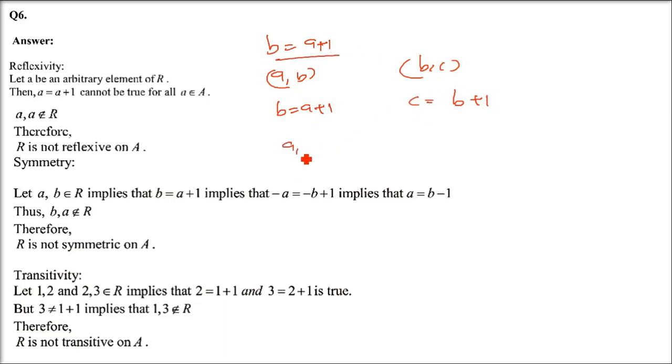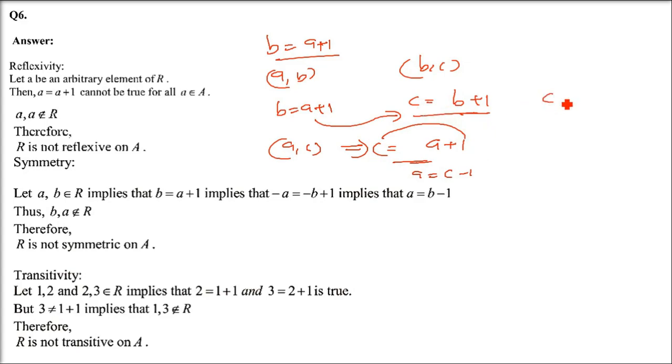Now see here. Now (a, c) means we need an expression which is c equals a plus 1 from these two. From the first two, I need c equals a plus 1. Is it possible? Can we do it? We can try it. c is b plus 1. Now let us find b. So can you put b here? b is equal to a plus 1. So a plus 1 plus 1, a plus 2. Or a is equal to c minus 1, you can put. a is c minus 1 from here.